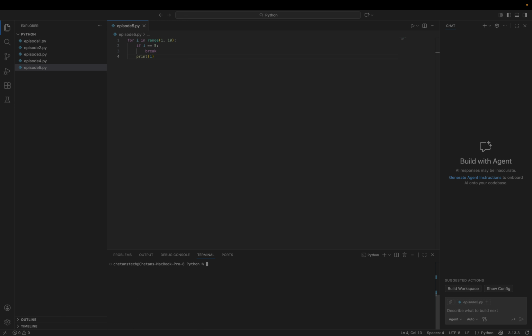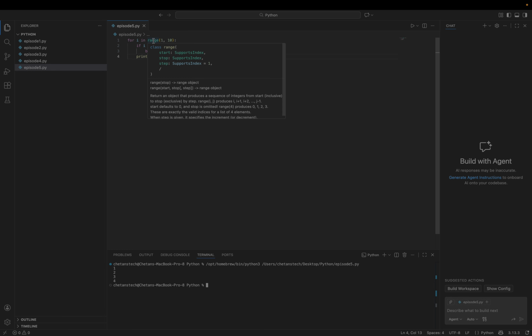Let's try this one. The loop iterates from 1 to 4, but when the condition for I equal to 5 becomes true, break is executed, which immediately kicks us out of the loop.